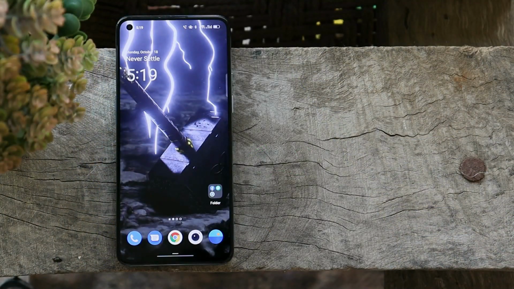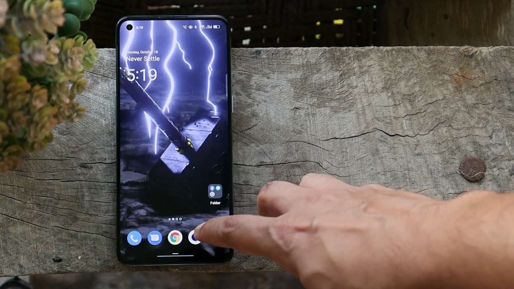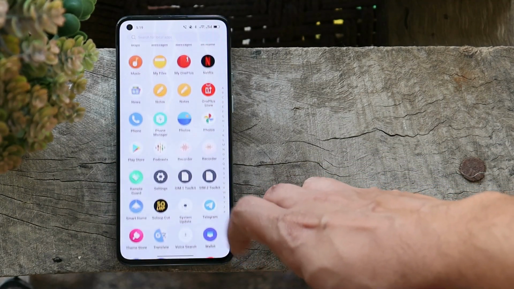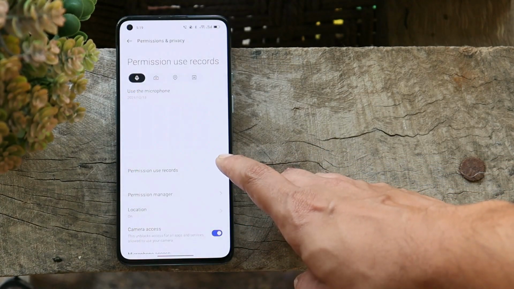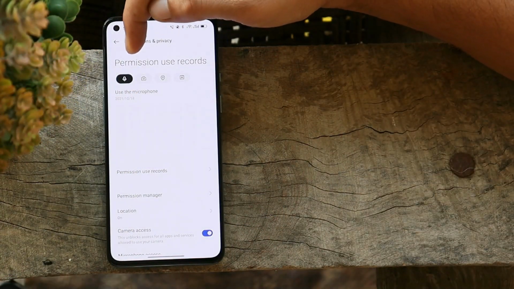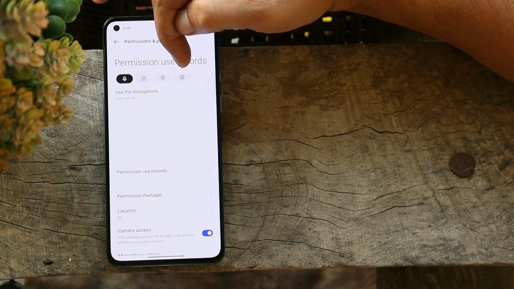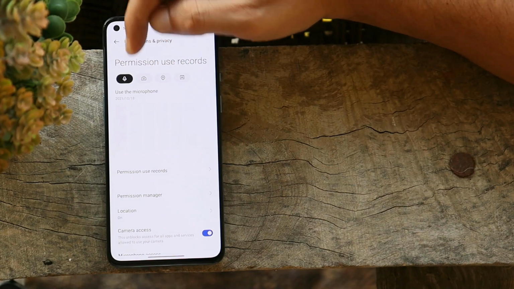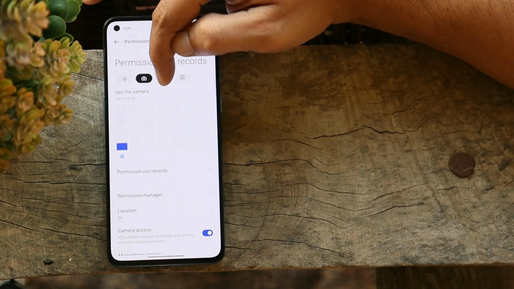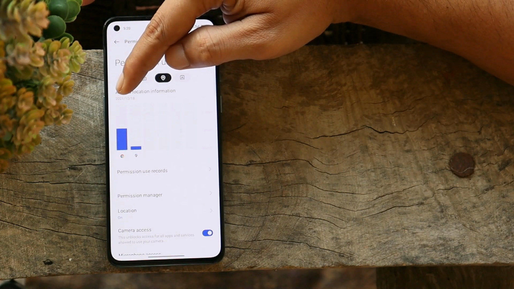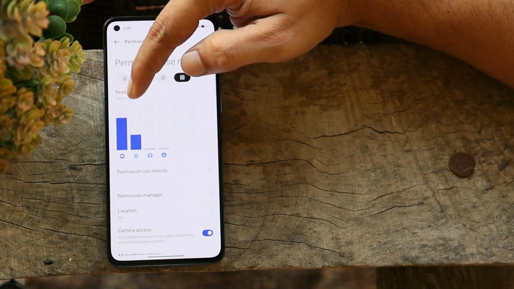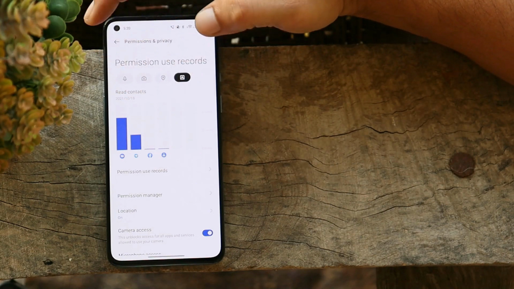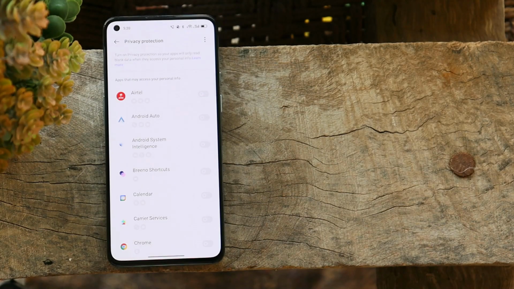Also, as we all know, Android 12 is more focused on the privacy part. So here those changes can also be seen on ColorOS. So inside the settings, permission and privacy, here you can check the stuff like microphone, camera, location, contacts, which all applications have been using. If I tap on camera, you can see the Telegram application. Location is being used by Maps and Google Chrome, and contacts have been used by Messaging app, Telegram, Facebook, and Contact application. Also, you can allow or deny the necessary permission for every specific app.